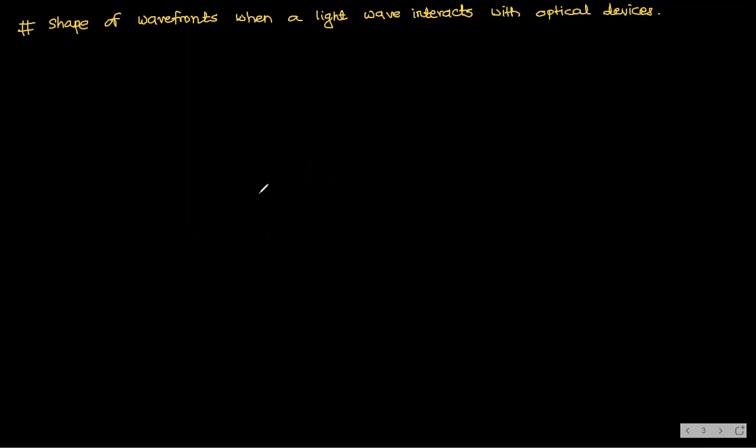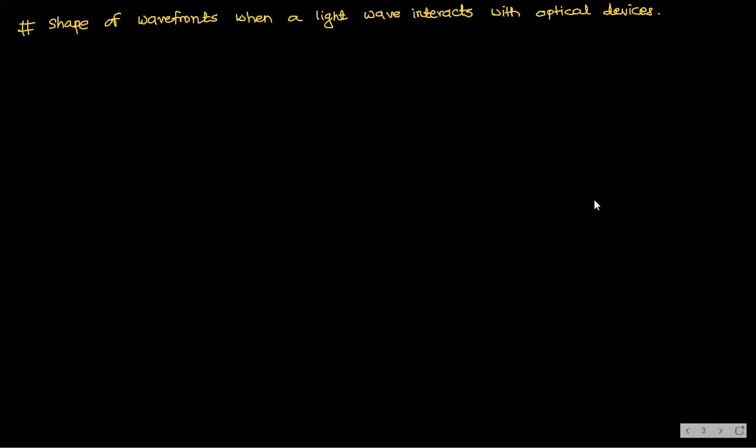So first one, I am taking concave mirror. So how many optical elements we have learned in ray optics? Concave mirror, convex mirror, concave lens, convex lens, and prism. Yes, no? These many only we have to learn. So if light is incident on these optical elements, how the incident and refracted or reflected wavefront will be, that shape we are going to learn in this table.